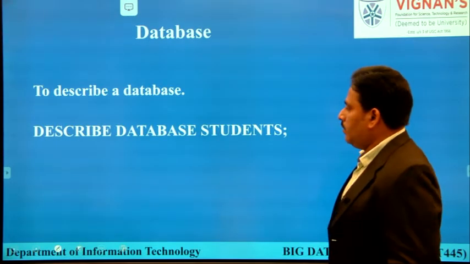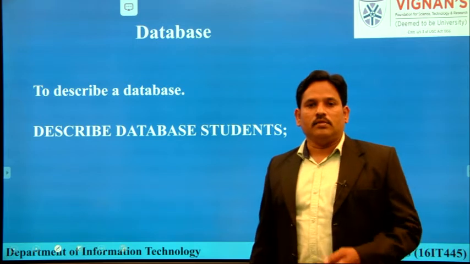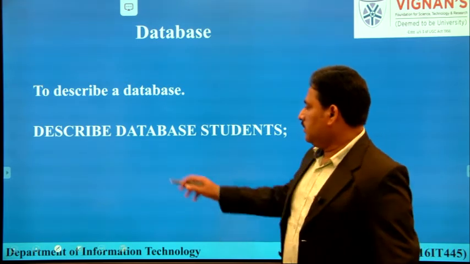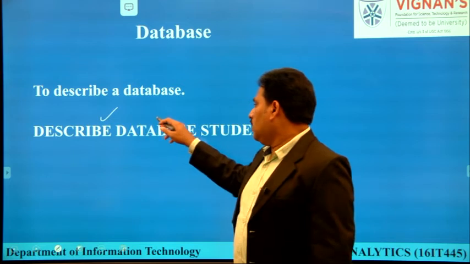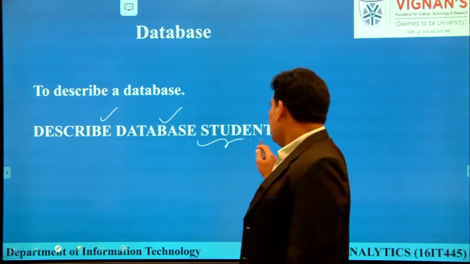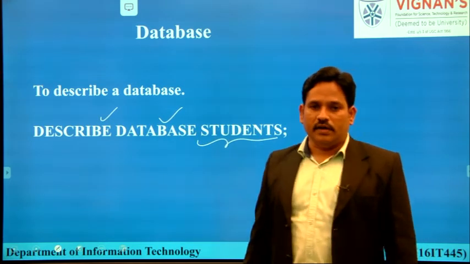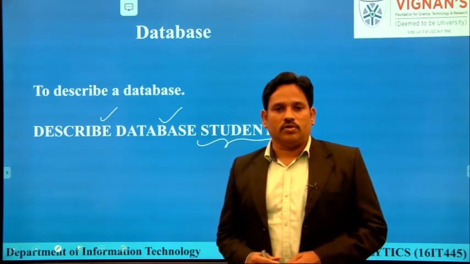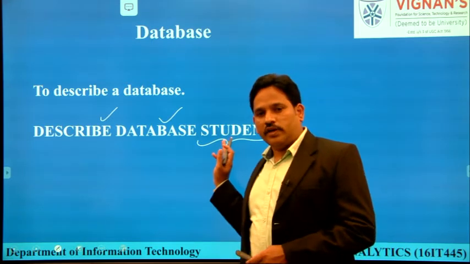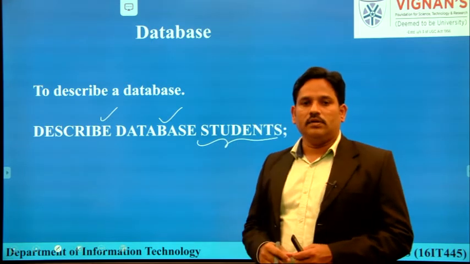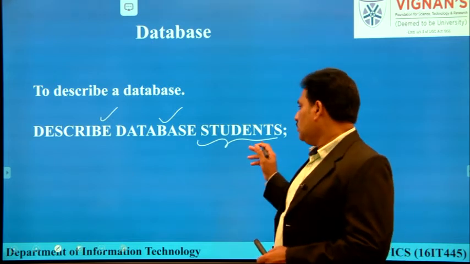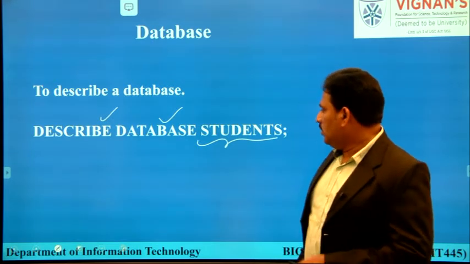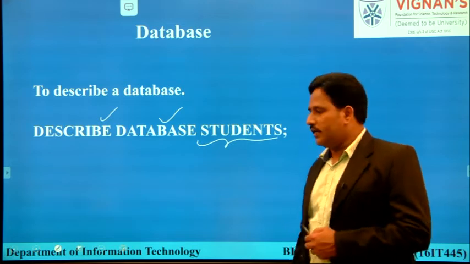Now to describe a database, to see the basic information about the database, we can use the keyword describe database followed by the name of the database that we created. That means to see the complete information of the database called students, we use describe database students.